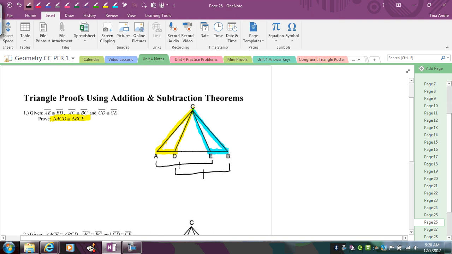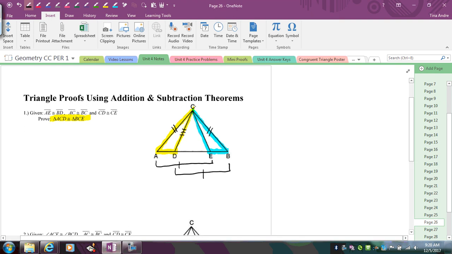And notice I'm not marking a slash in here just because it'll be hard to see which segment I'm talking about. So that's why I'm writing it underneath with these brackets. So it's that entire AE is congruent to segment BD. Then I have AC and BC are congruent. Notice now I'm using two slashes because I've already used single slashes to represent the lengths below. And then I have CD